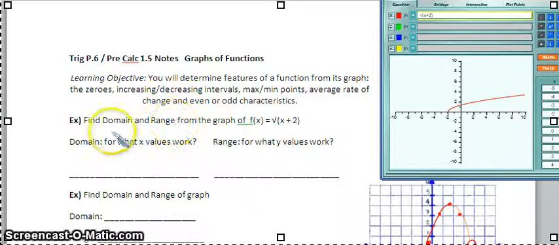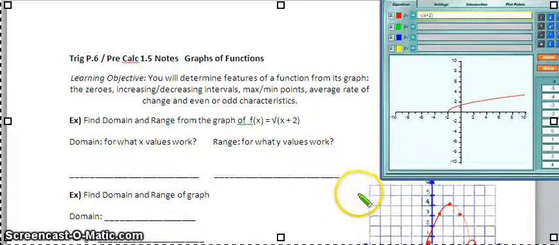So if I asked you to look at the graph of y equals the square root of x plus 2, here is the graph. So I invite you to pause the video and take a second to plot this graph on your xy axis in your notes here. Okay, so looking at the graph,